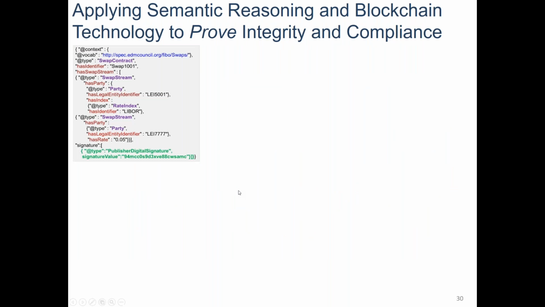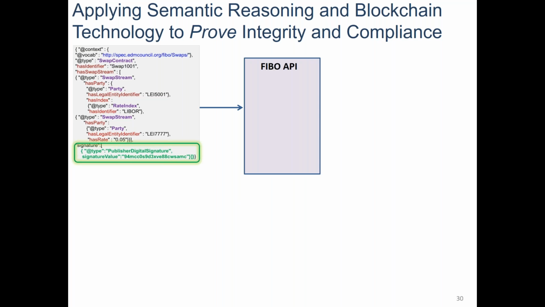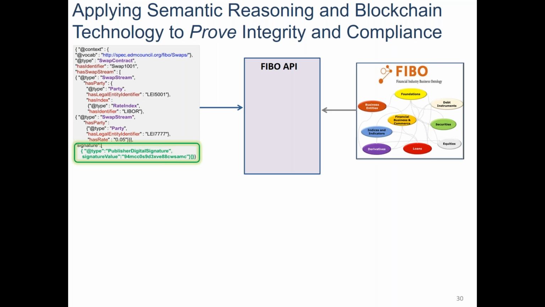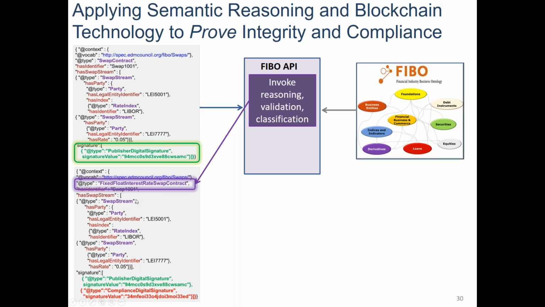So blockchain is another thing I'll just cover very briefly because I believe I'm running a little low on time. But by using this JSON-LD payload, we can leverage FIBO to essentially create a digital signature on these JSON-LD payloads by this creation of this FIBO API that could be a capability emerging in the future, where a JSON-LD payload would be ingested into the FIBO API. We would then execute reasoning. We would execute the SHACL standard to validate the payload